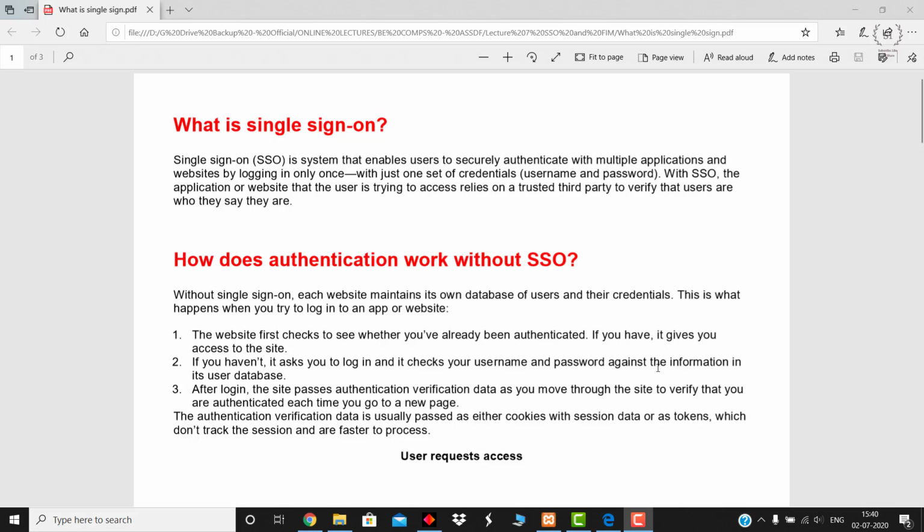The very common example could be the Google Suite or the Google Authentication. Whenever, for example, if I log into my Gmail account and if I wish to go to the Google Drive or Google Classroom or Google Hangouts, whatever, I am not being asked to enter my password again and again. This is exactly what we call a single sign-on. Once I log in with my Gmail or Google credentials, I am not required to enter my credentials each and every time I would like to access any of the applications of Google.